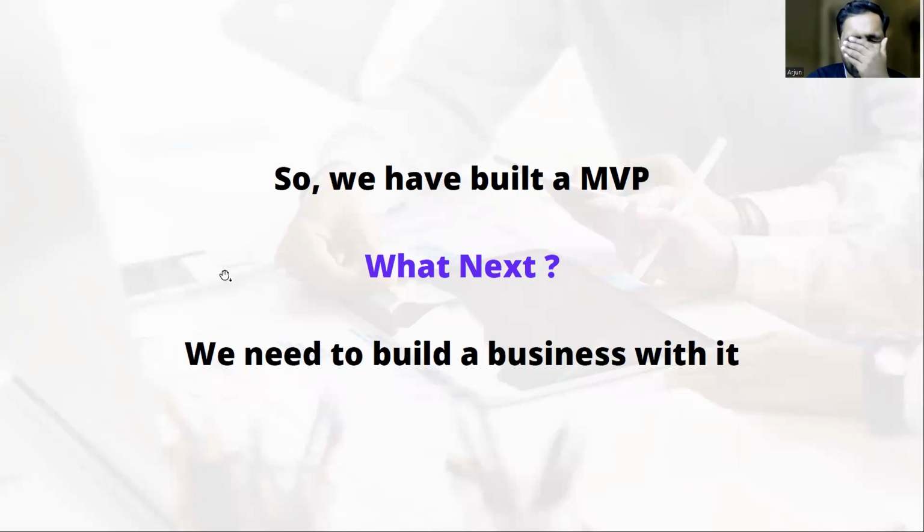So once we have built the MVP, the minimum viable product, then what next? It does not stop there. You have built, measured, learned, and iterated this many number of times, and you have come to the point where you feel that you have achieved product market fit, and you can't stop here, right? Because you haven't even thought about how to commercialize this. You haven't even thought about how to start selling this. So it is just a product that is now with you. So what to do with this?